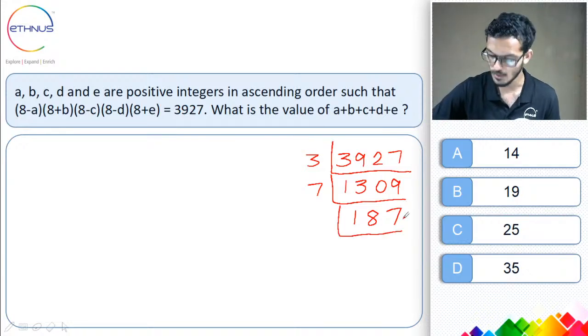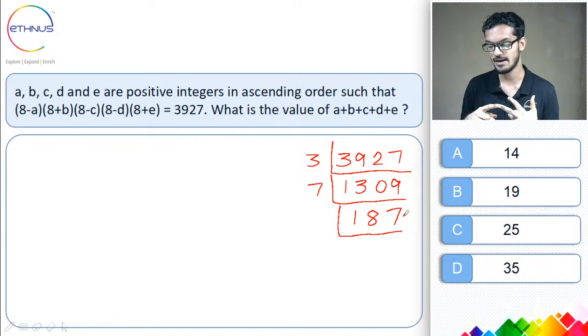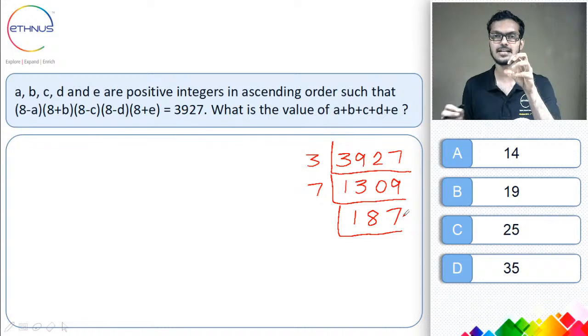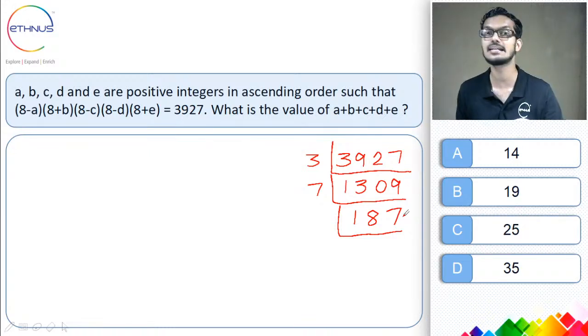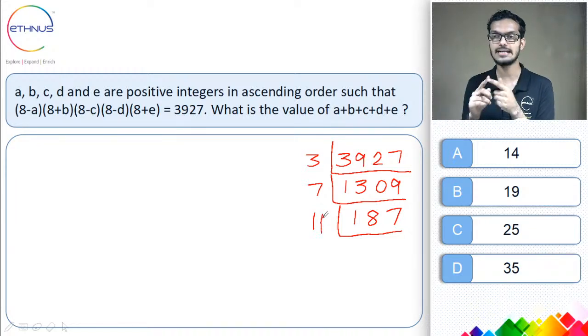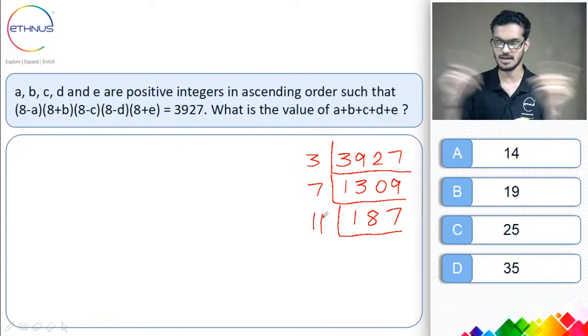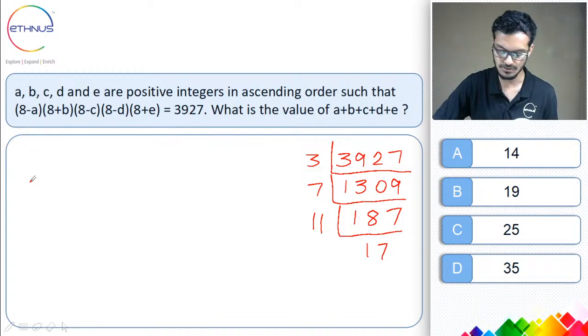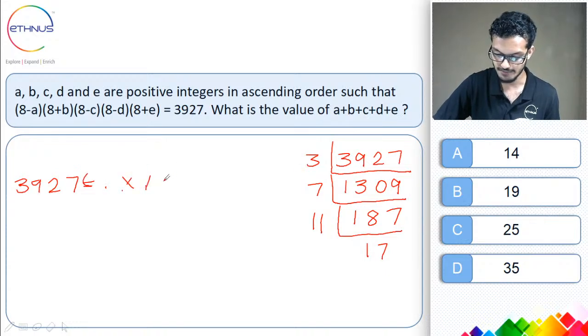Now let's go to the next one. It's not divisible by 3 or 6. But when you see a number where the middle digit is the sum of the other two digits, then it is divisible by 11. 8 is the middle digit in 187, and 8 is the sum of 7 and 1, the other two digits. So 11 ones are 11, remainder 7, 11 sevens are 77. These are the numbers we get. So 3927 can be split as 3 into 7 into 11,